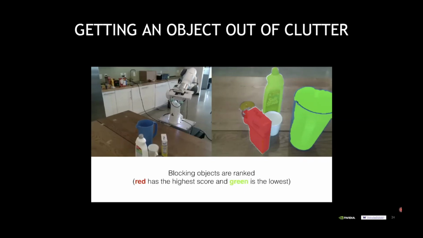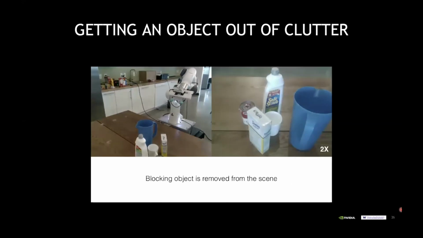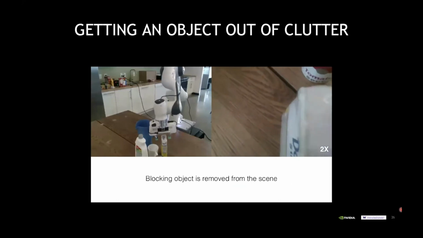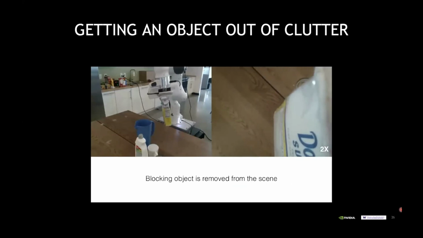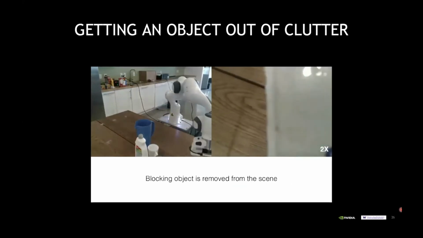We can now revisit the scene, making the sugar box the target of the grasp system. And now for this, we generate grasps. And of course, in this case, the object is graspable because it's not occluded by other objects. And the robot can actually go and pick up the sugar box, get it out of the way, and then it can reevaluate the scene and say, okay, is it now able to pick up the white coffee mug, and then finally grasp it.